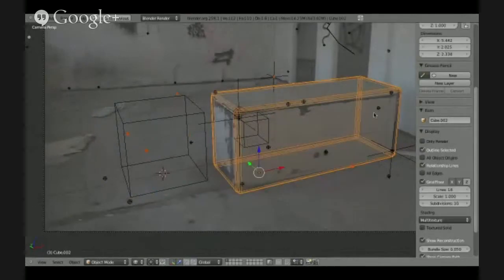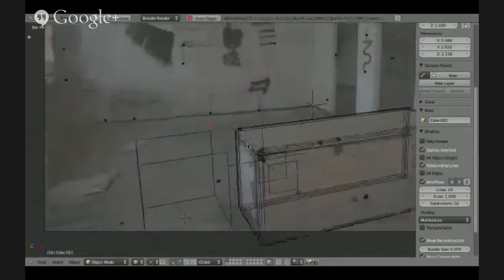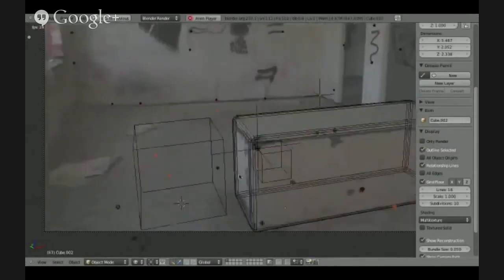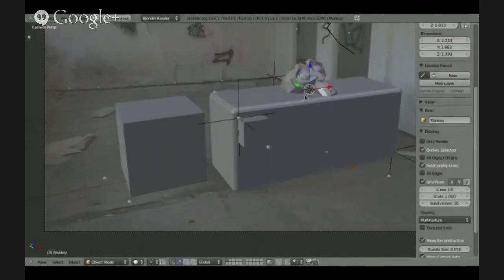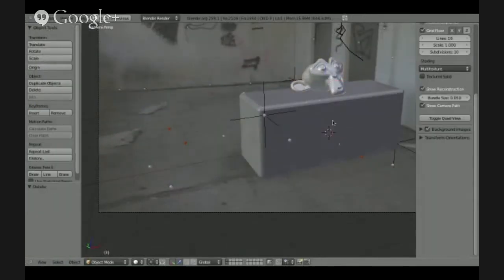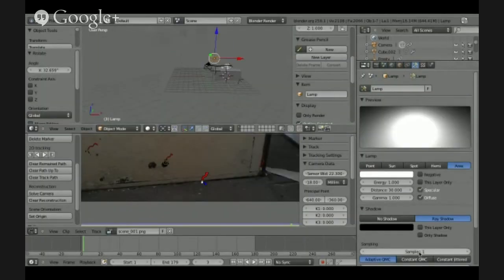He's going to try to make it match pretty close, and then he will put a monkey on top in a moment, and you'll see when he does the compositing steps that the shadow will get rendered by itself without the box.